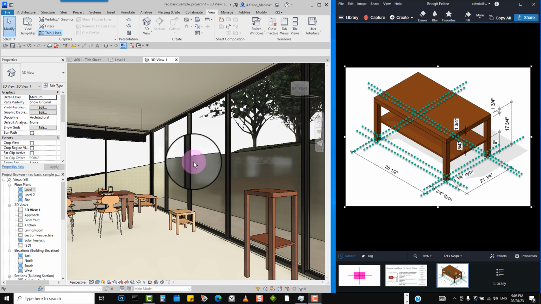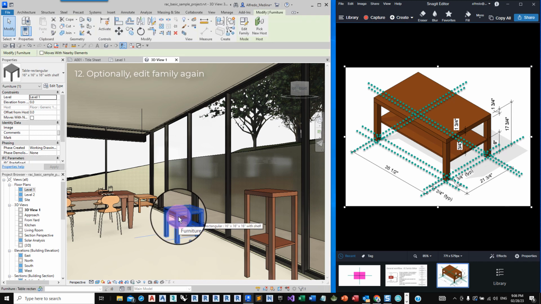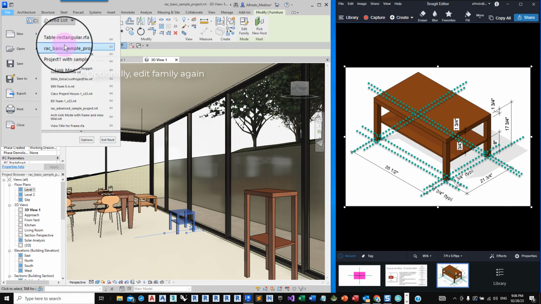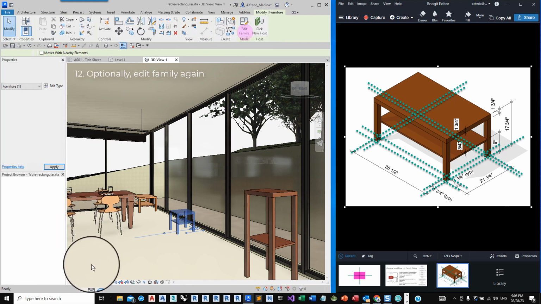If you decide to make a change to this family after it was saved and loaded into the project, simply select the family and click on Edit Family, or you can go to File and open the file from here. Suppose that you click on Edit Family.